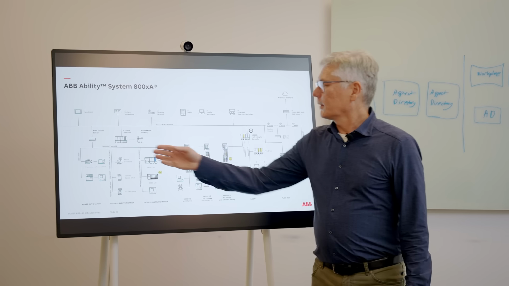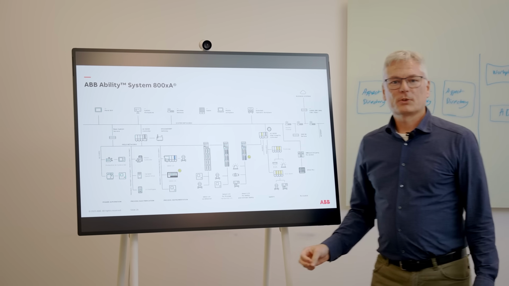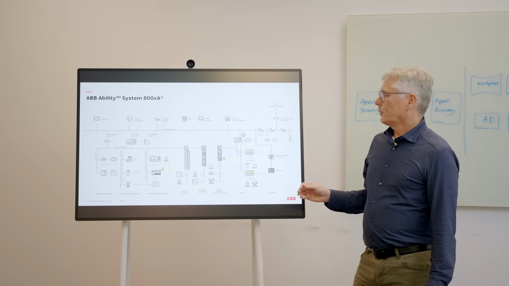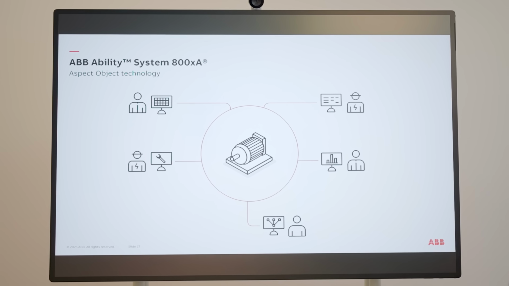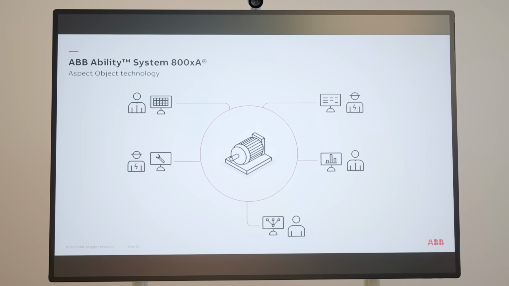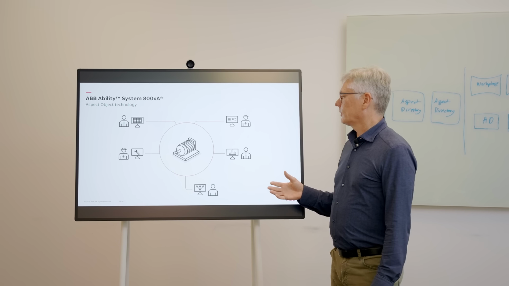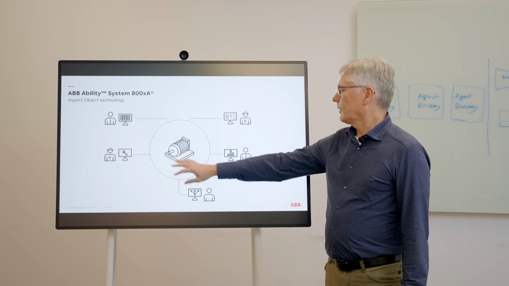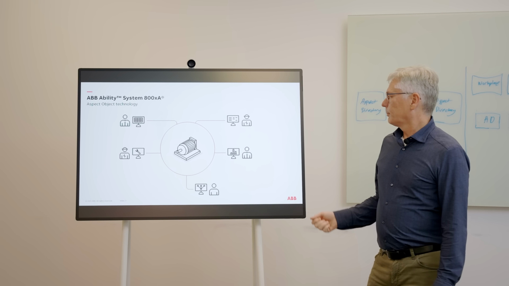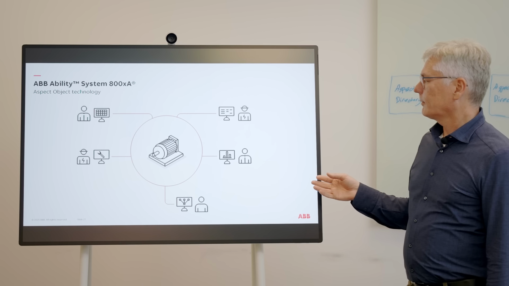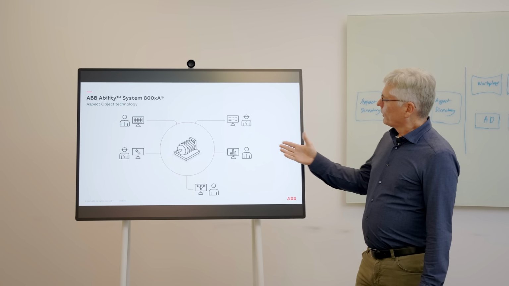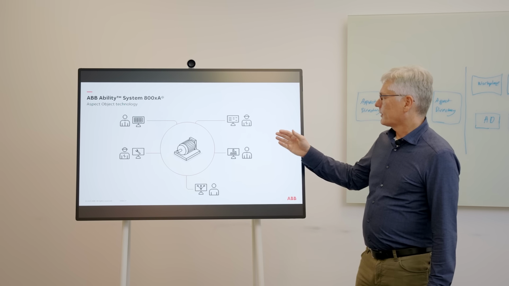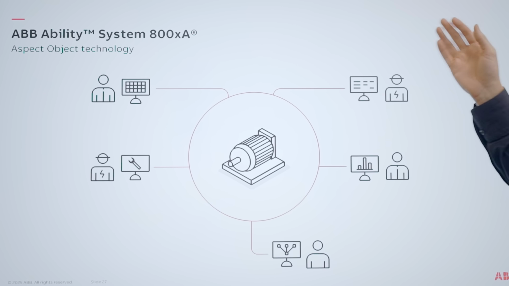So, we are going to delve into the base system services and the redundancy here. There are many different services running here. We've selected the Aspect Directory for this example. To understand that one, we need to explain the Aspect Object technology we have in the system. So in the plant, we have many different devices like pumps, valves, sensors of any kind. They all have a digital twin representation in the system. On these objects, we place aspects that are important for this type of device.